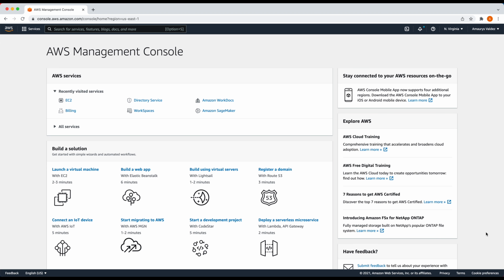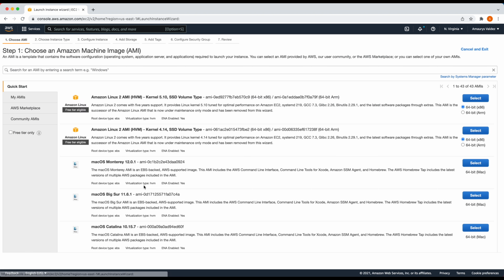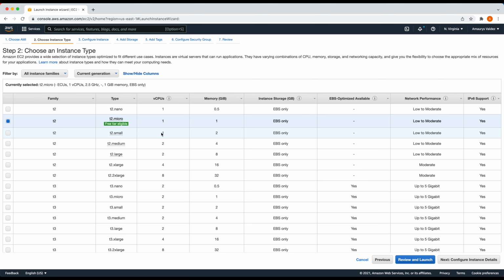We first need to have an EC2 instance. So let's first launch an EC2 instance, and I will be using a script that I created for one of my AWS classes. So let's create that EC2 instance with default settings. So just click on Launch Instance, the Amazon Linux x86, and we're going to use the default T2 micro